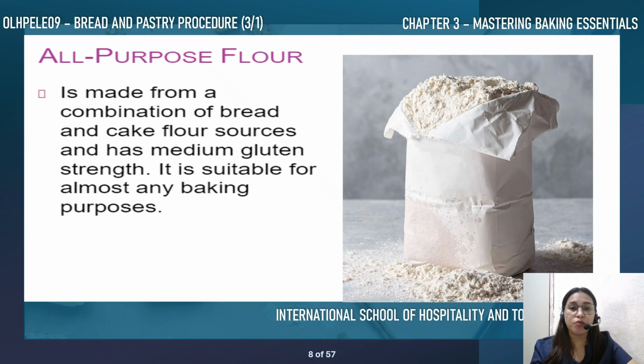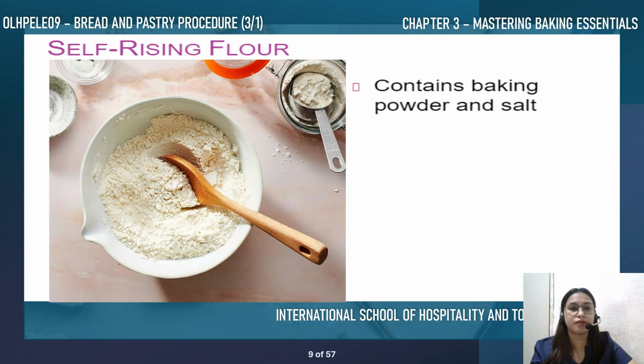This is the most commonly used flour in the home kitchen. It has a moderate protein level, making it a good middle ground for many recipes. It's not too soft or too strong, it's just right for most tasks. Self-rising flour is a pre-mixed blend of all-purpose flour, baking powder, and salt. It simplifies baking by eliminating the need to add leavening agent and salt separately. This flour is best used for pancakes, biscuits, muffins, quick breads, and some cakes, making it ideal for recipes that